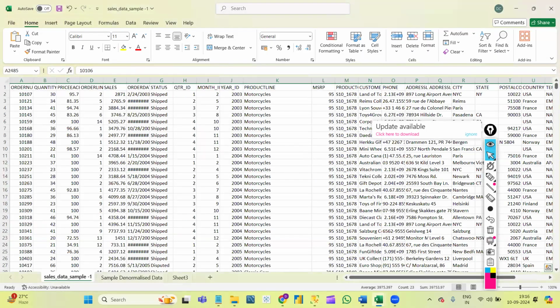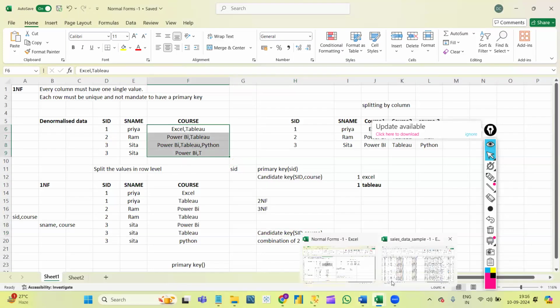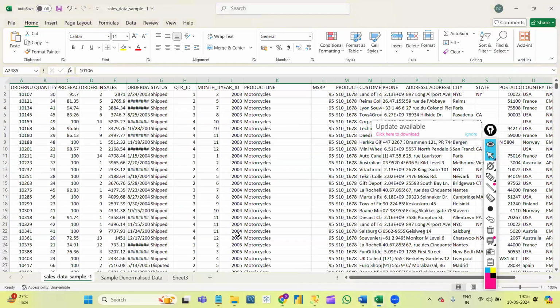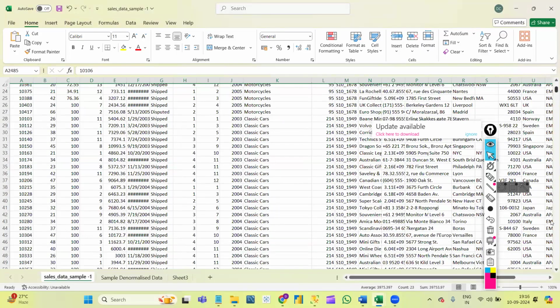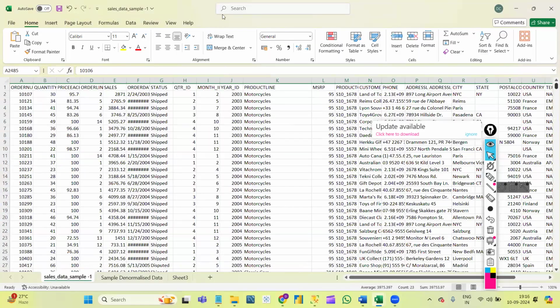As you know, here we are splitting the values, and we have multiple values. This concept, if I directly start explaining on this data, would be completely confusing. That's the reason I explained 1NF on that data again. Now I have some sales data here. I have many columns, if you can see, and many rows. But to make you understand all the concepts of denormalization, what I did,